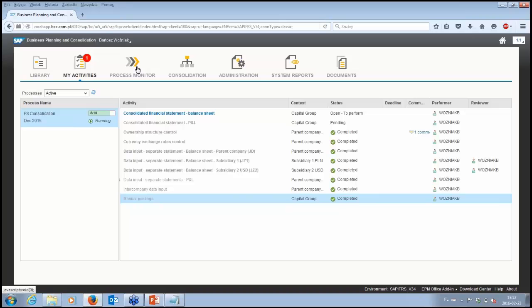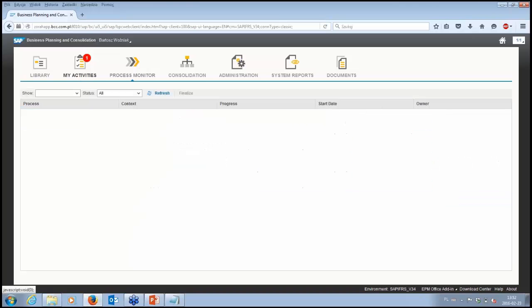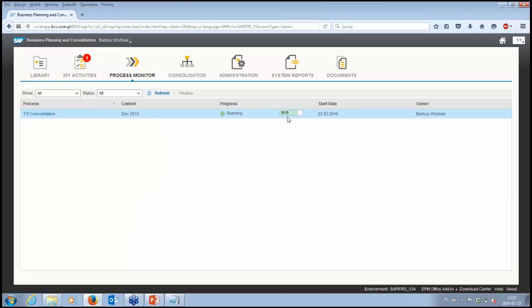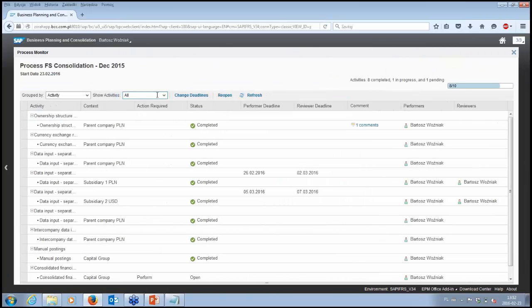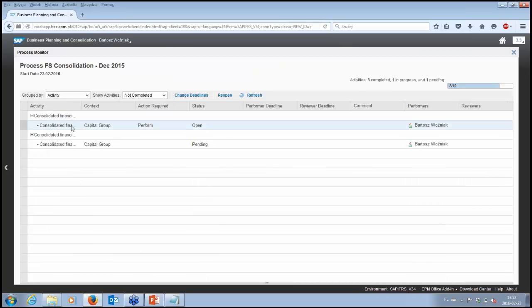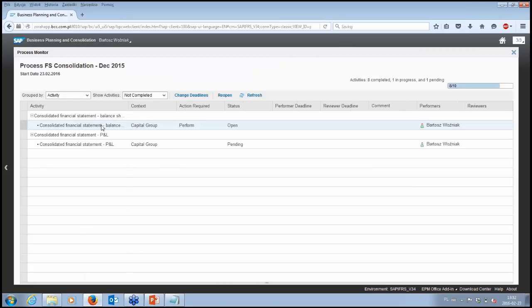So let's move to the process monitor. We can check how many tasks are already closed, we can simply drill down and look what are the outstanding ones. So I can see that we have 2 outstanding tasks to view the final financial statement, balance sheet and profit and loss.